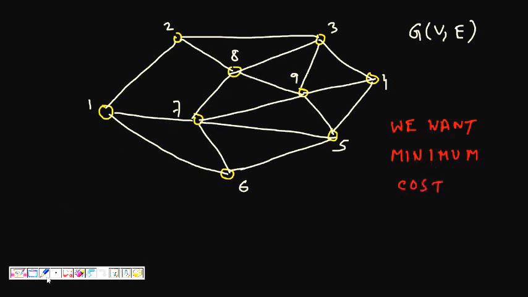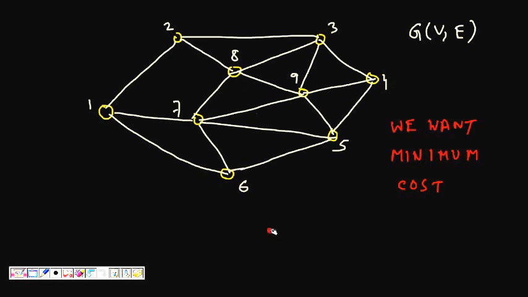So I have to join, for example here, 9 cities, and I have to use the minimum number of edges to join them. And of course, we want all the cities to be connected.